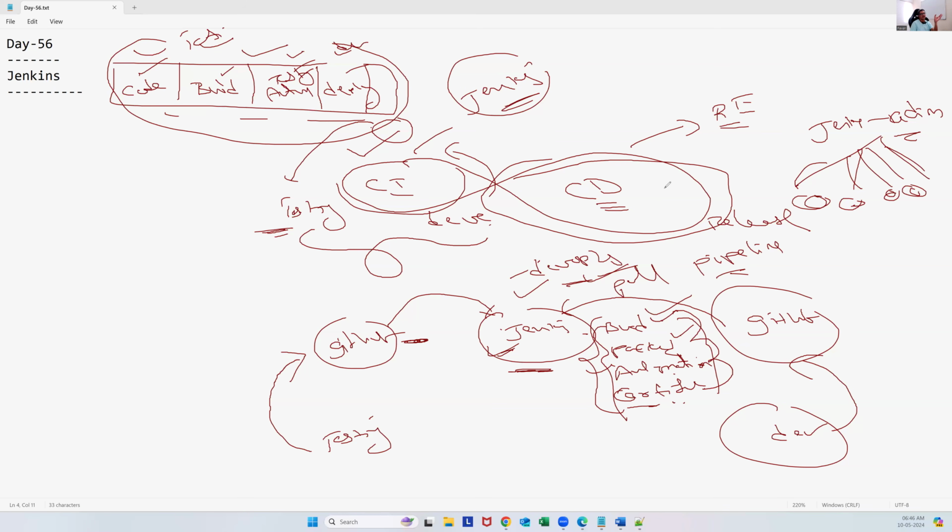I'm just giving a brief idea to make you aware of these terminologies: what is a pipeline, what is Jenkins, what is CI, what is CD, and everything. Just have some knowledge of these terminologies. Now we'll see how we can